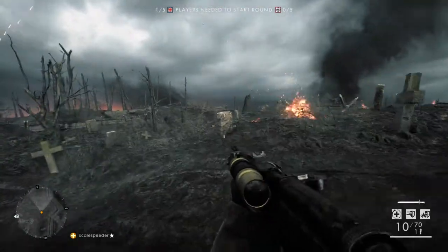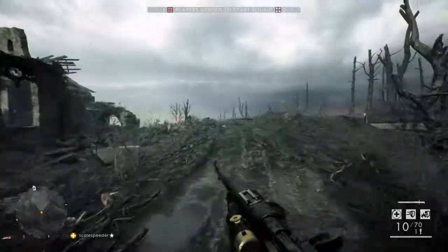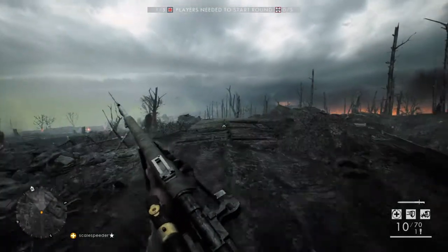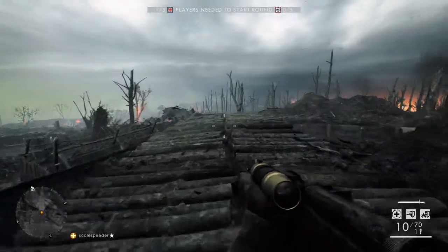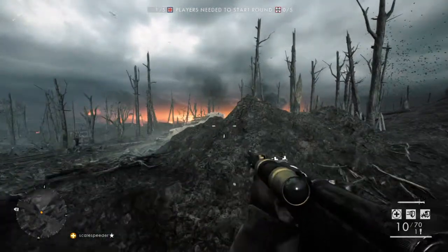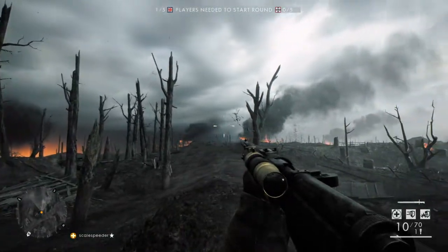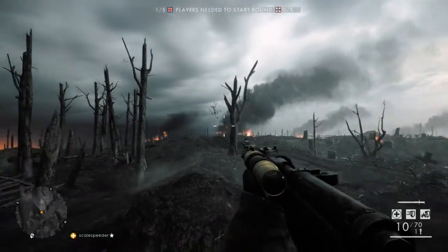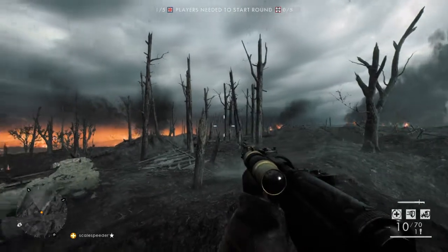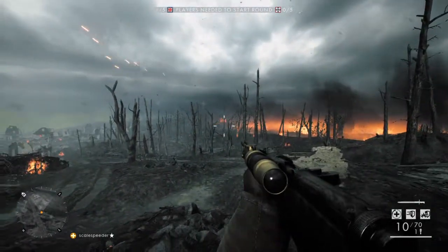But anyway, it is a fantastic, oh here we go, we've got the graveyard here, absolutely fantastic map to fight through, makes you feel like you're there in Passchendaele, one of the most infamous battles of World War One. We've got the artillery going off, we've got the shells coming in, machine guns in the distance, tracers,